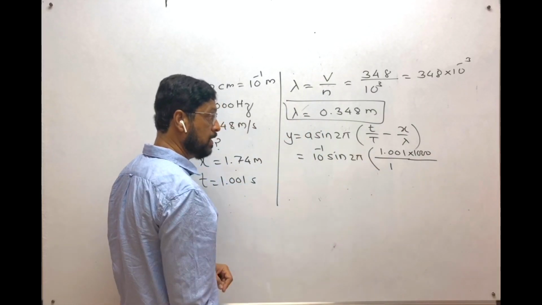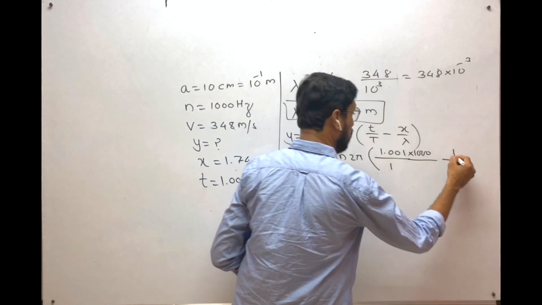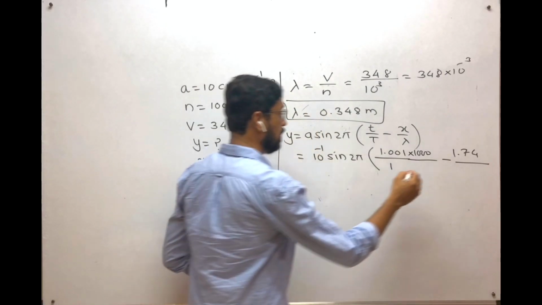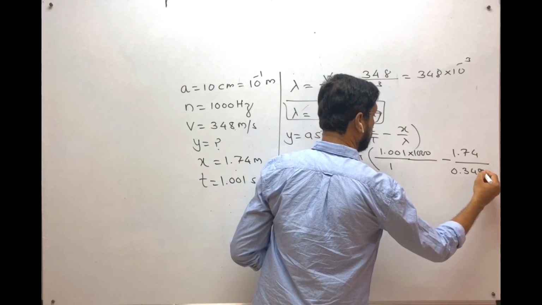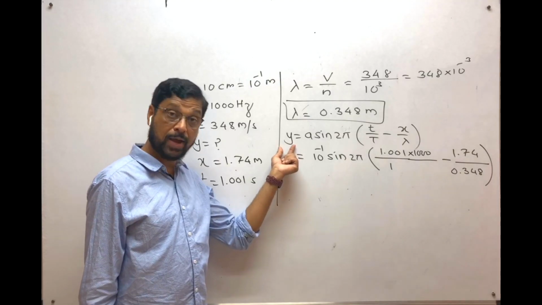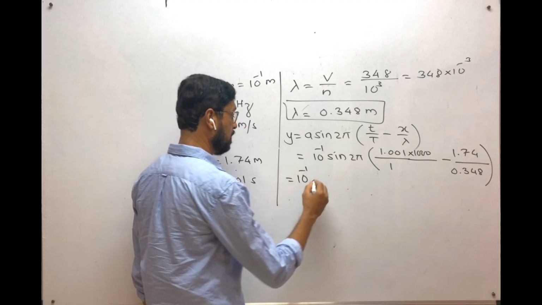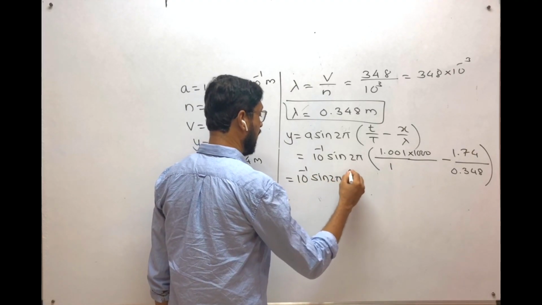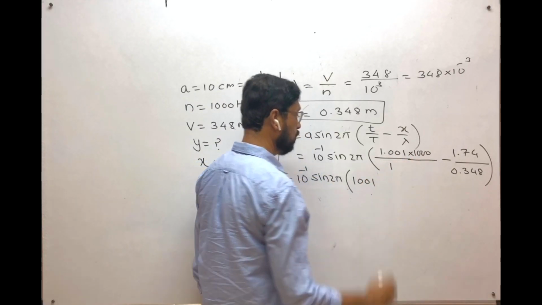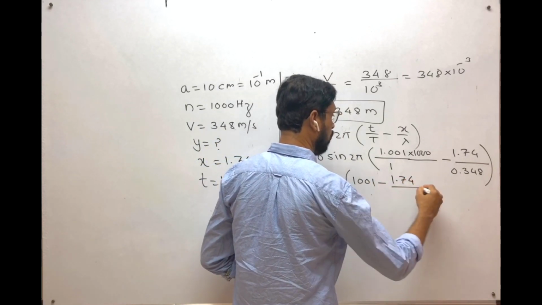So this is t by T minus x is 1.74 by lambda, that is 0.348. Is it right? We are going to find out the value of y. So y is equal to 10 raised to minus 1 sine 2 pi into bracket multiplication of these two, 1001 minus 1.74 upon